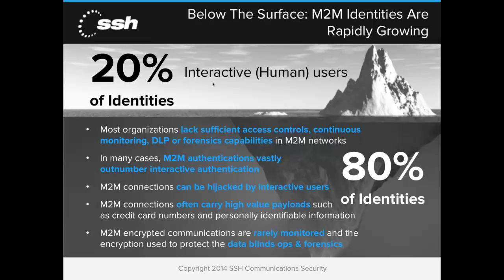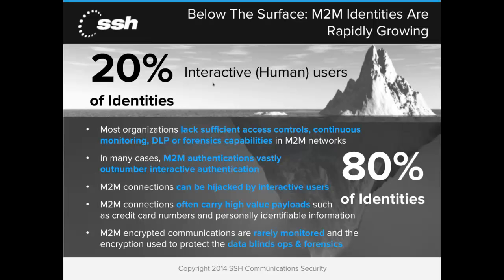Now, there are some challenges with managing in the traditional privileged identity management space, managing interactive users through a gateway solution, and that's kind of the title of the webinar. We're moving from the gateway, which only captures interactive users, to the network, which will capture both. Some of the advantages of that, obviously, are that you're going to gain visibility into the vast majority of traffic that's transacting your networks.